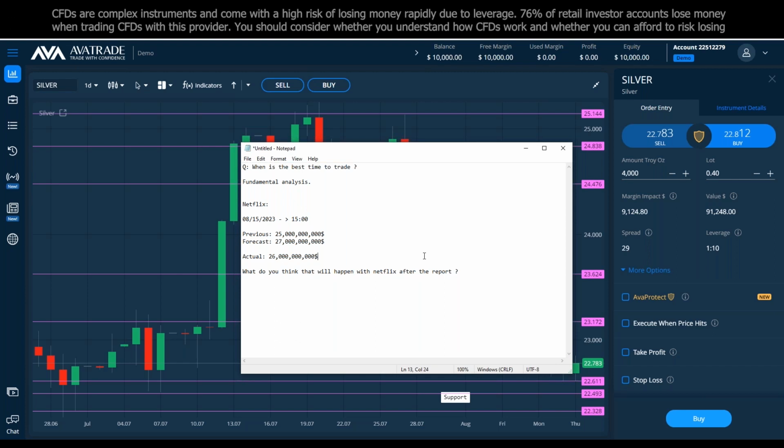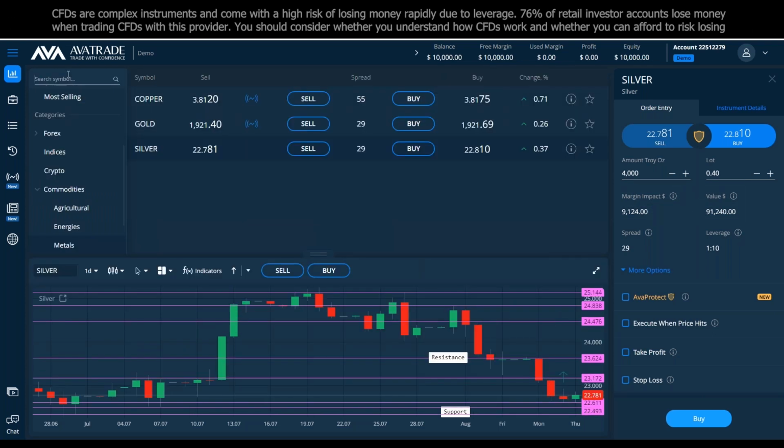Slide down. Okay. But still, it's higher than before, right? So we can never know exactly what the impact on Netflix will be unless we give it some time. Now, I'll tell you a secret. Sometimes the market opens in a certain direction. It could begin with a sell. I hope I can show you that. Let me just